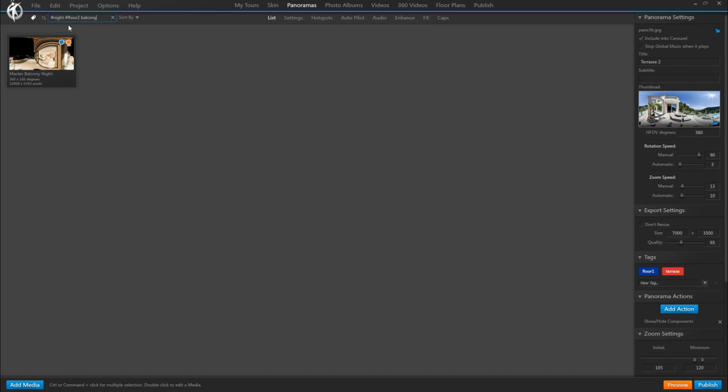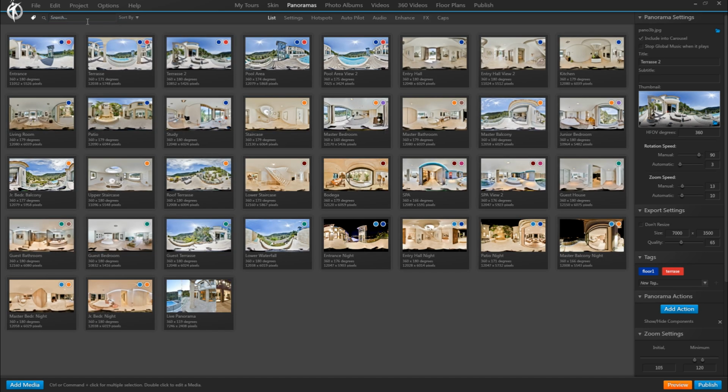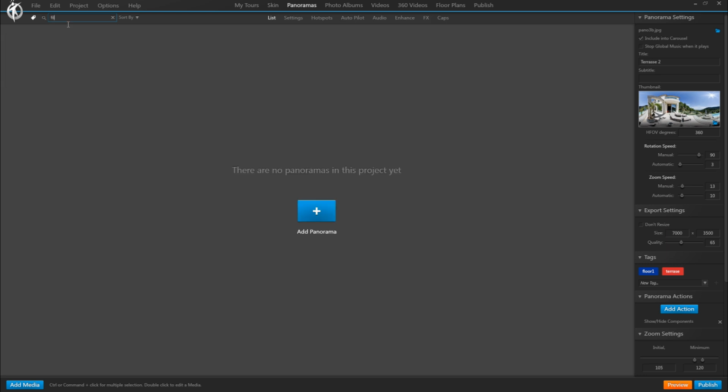And while we're at it, apart from the name of the media, you can also search by the name of the file. Many people don't know this, so maybe it's worth mentioning here as well. If you want to search by the name of the underlying panorama file, so the JPEG rather than the name you gave to the panorama here inside the project, simply type file, double point, and the name of the file.